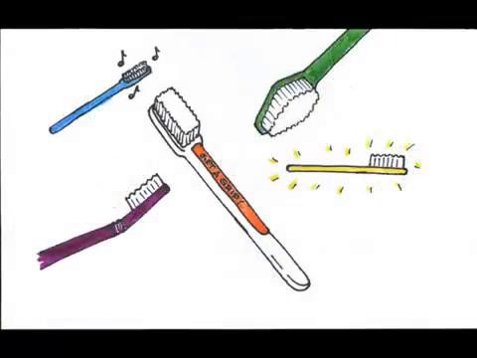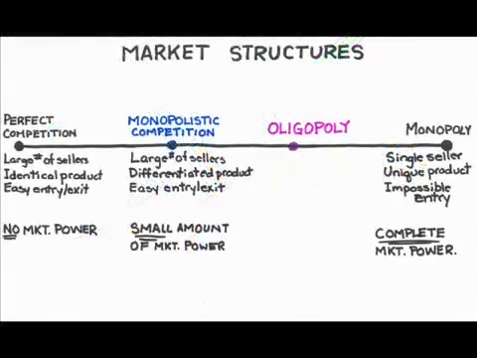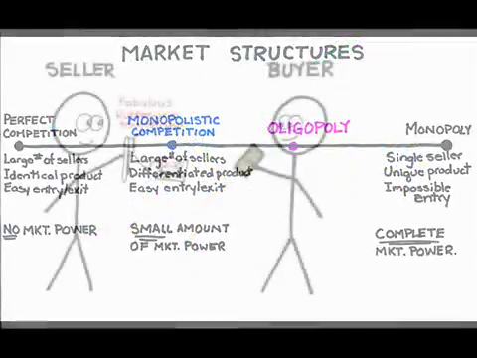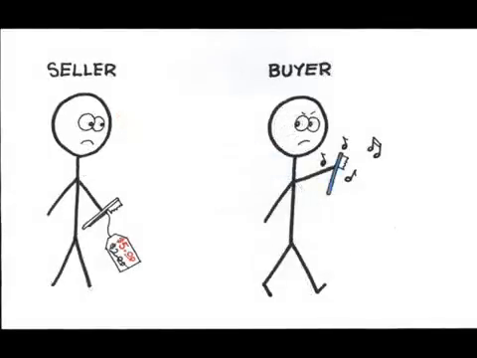Think about toothbrushes. You go to the store and there are toothbrushes with square heads, diamond heads, rubber grip handles, bi-level bristles, toothbrushes that play music, toothbrushes that glow in the dark, even with color indicators that tell you when to buy a new toothbrush. All toothbrushes, all highly similar and highly substitutable, but with slight differences. If I believe as a consumer that having a rubber grip handle helps clean my teeth better, then this differentiation gives the producer a small amount of market power. He or she could raise the price a little bit and I would still buy that rubber grip handle toothbrush. If they raise the price too much though, I'll switch to some other type of toothbrush.